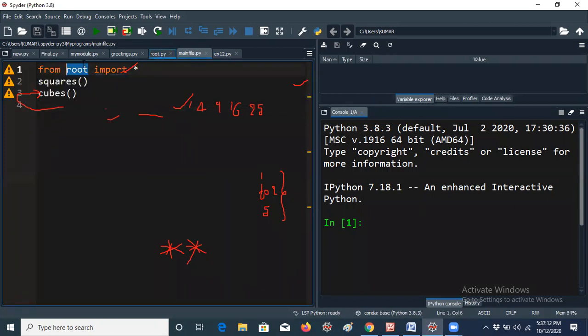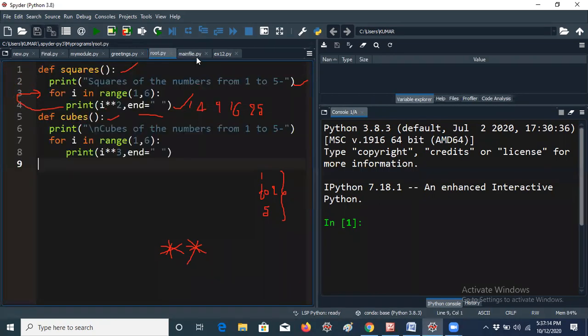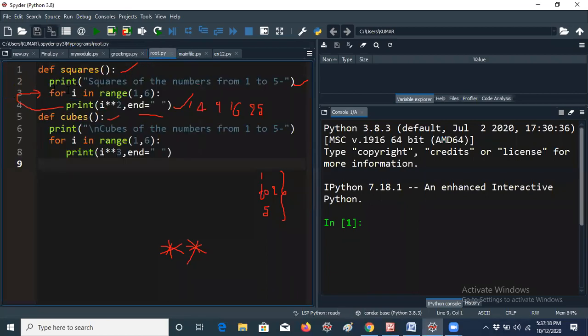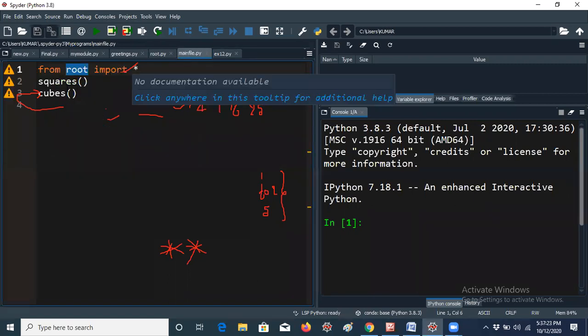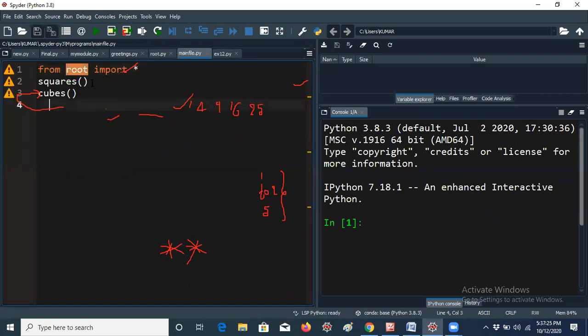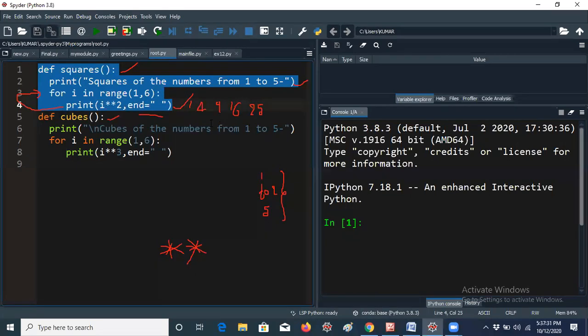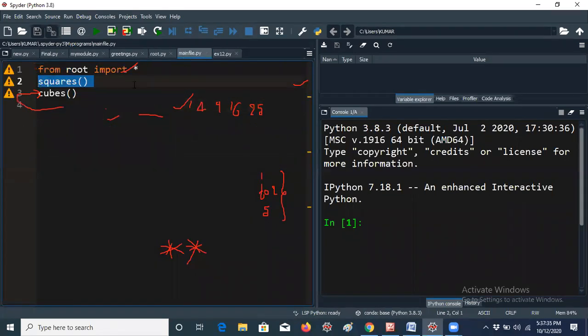Import star means whatever functions we have here, squares and cubes, we are importing those methods here. So whenever I call the squares function here, it is going to execute from this line to this line. It will print 1, 4, 9, 16, 25 like that. I have given the question without arguments, so I'm not giving any arguments inside the parentheses. Let me remove it.